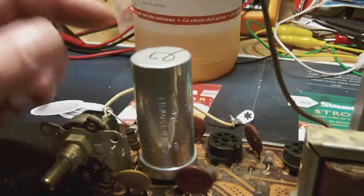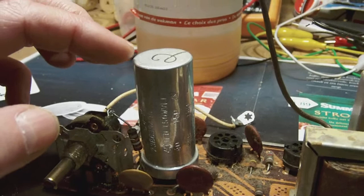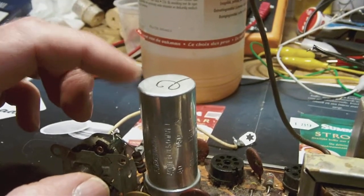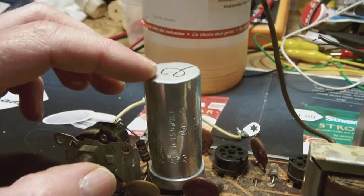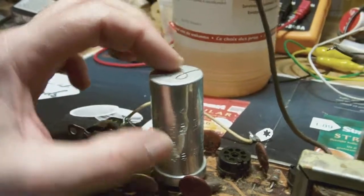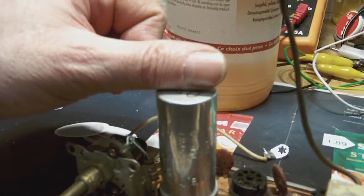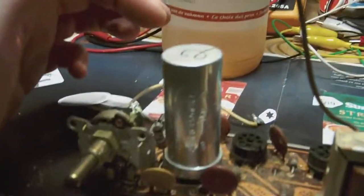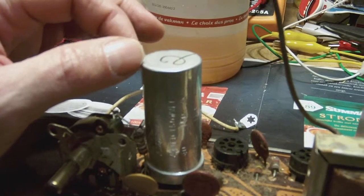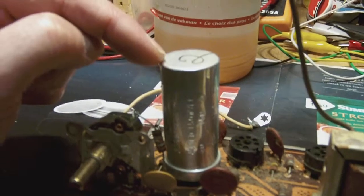Now that isn't going to cause me a problem, but what is going to give me some headache is to open up this can and fit in 3 modern electrolytics inside. As you can see, the can is rather small. It's about a thumb high and half a thumb wide. So, it's going to be causing me not a slight headache as to how I'm going to change the electrolytics